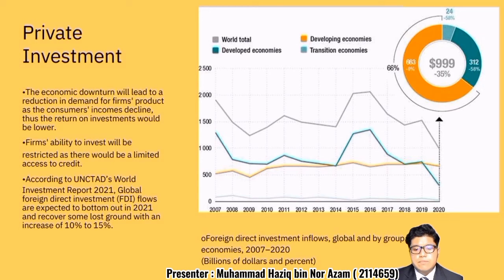For example, due to the COVID-19 crisis, FDI flows fell globally by 35% in 2020 to $1 trillion from $1.5 trillion in the previous year. The lockdown slowed the progress of existing investment projects and the fall was heavily skewed towards developed economies, where FDI fell by 58%, in part due to corporate restructuring and intra-firm financial flows.